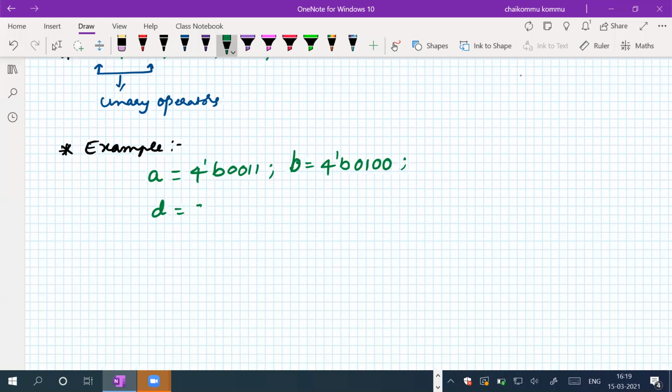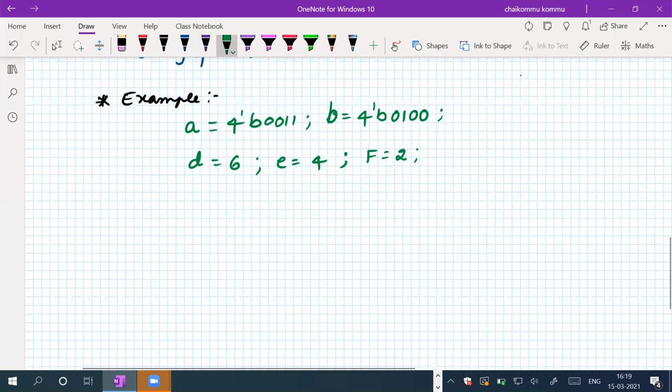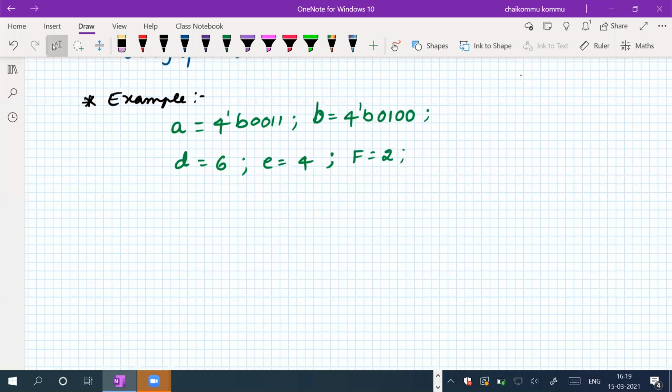Okay. So the moment I'm writing A and B, this is a binary representation. And when you're writing D, E, F, if I'm not mentioning anything, it is a decimal number system. If you're not using a number format, it will be considered an integer. If you want to write a decimal, it must be represented in decimal format. But I'm not writing like this, so it is an integer. Okay, fine, no problem.